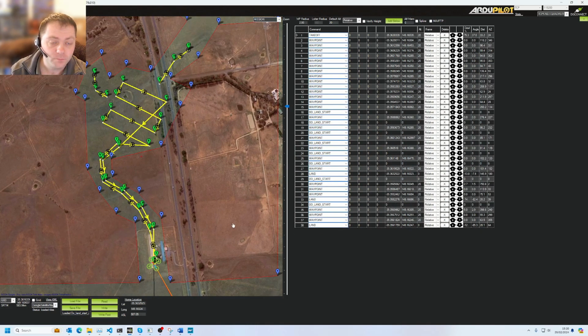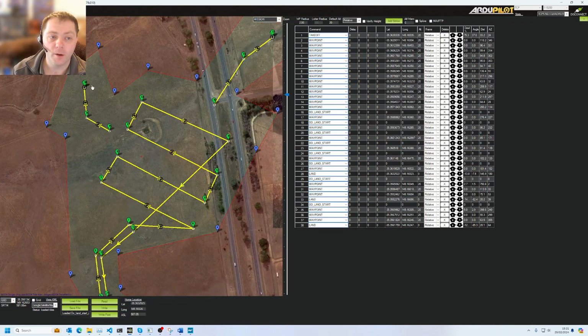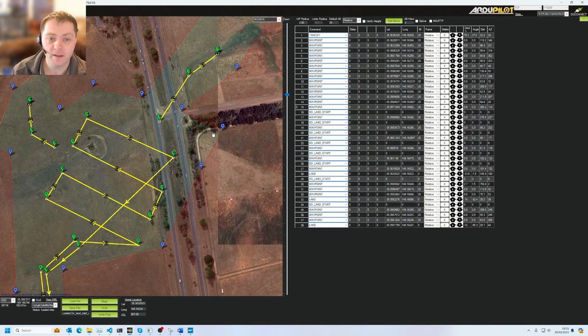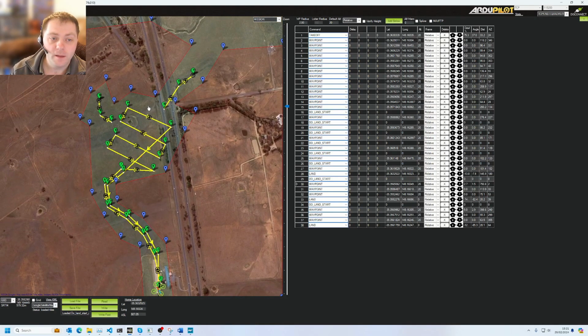So this time, what we're going to do is, let's say we don't want our vehicle to come back all the way down this path in the event of a battery failsafe. And let's say we've recce'd the area and we know that there is a safe flying area down here and there's a safe flying area over here, but we're still surrounded in sensitive areas. So in this example,